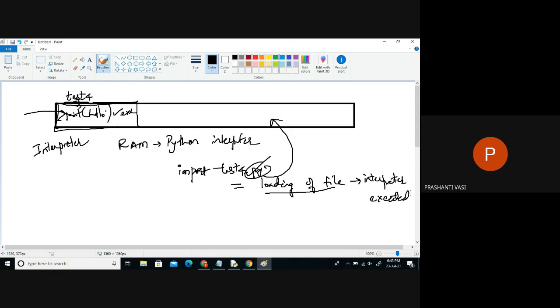That's the reason that once it is loaded, the second time, if I type the same import statement, the same file cannot be loaded once again on the software. It's only loaded once in the system. And while it is loaded, the whole code gets translated and executed. So the second time, the import statement will not show any output on the screen, right?